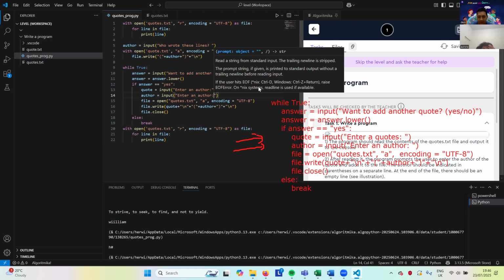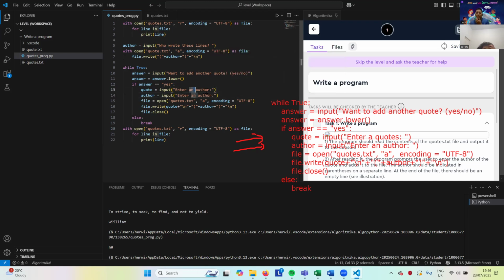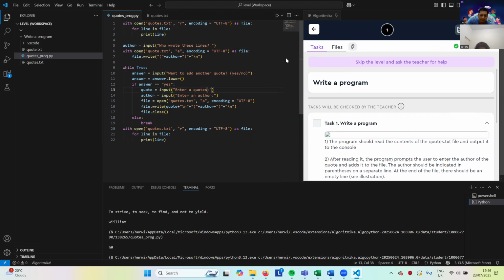Enter an author. Please check the open quotes.txt, a, encoding, right? Quote, author, yeah. Now close. Next line: quotes.txt, encoding utf-8 as file, for line in file, print line.